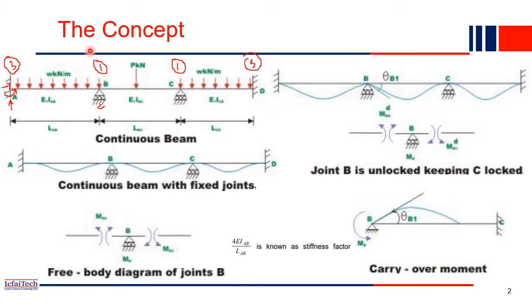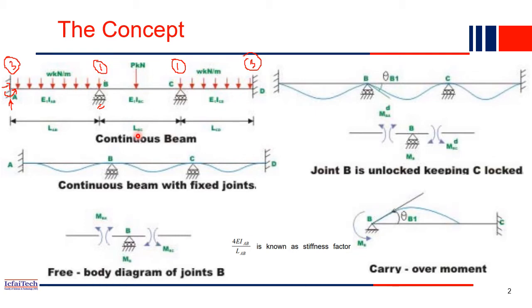So this method, the moment distribution method, is one of those methods where you can write a program or code to automate the whole structural analysis process, and through it you can analyze long multi-story buildings too. You have to write just a couple of lines of code, and the analysis is done. That's the advantage of this method: you can write code using it very easily. So let's see how we can use the moment distribution method to solve this type of beam.